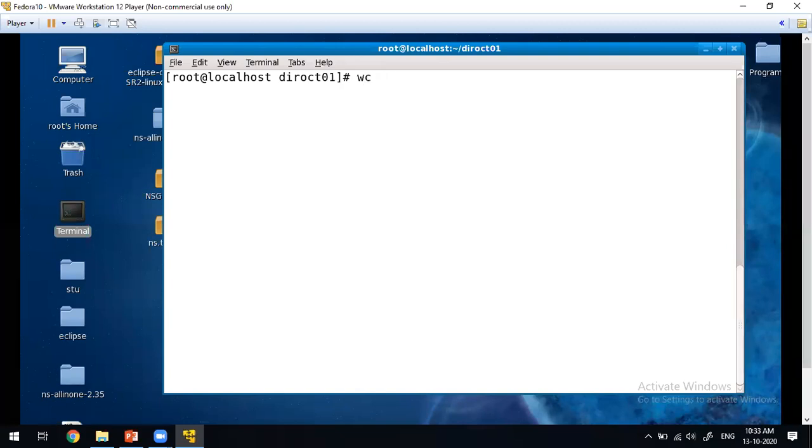wc chap2 file, I want to redirect to hello.txt. Here, since I am using the standard output file, there is no standard input here. The output of the execution of this, I want to directly write it to hello.txt. In this case, I know the redirection number for the standard output is 1.